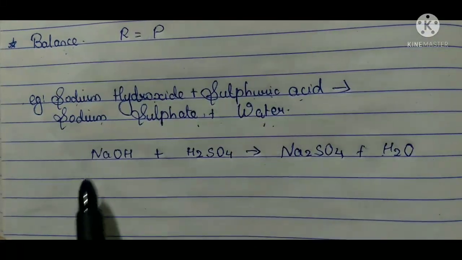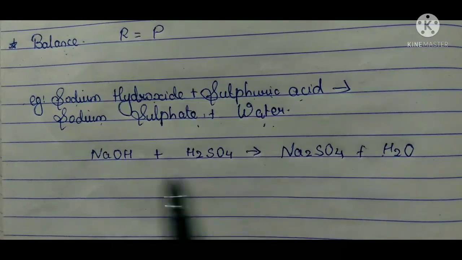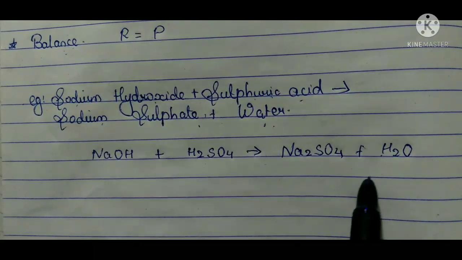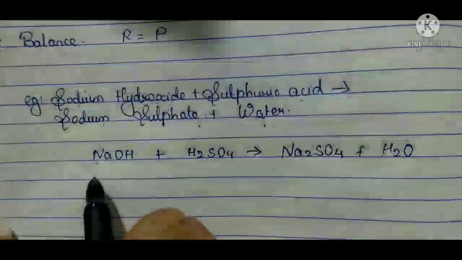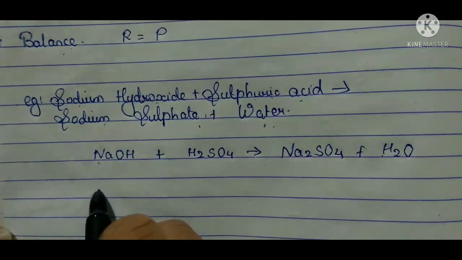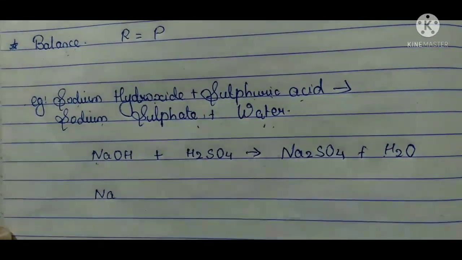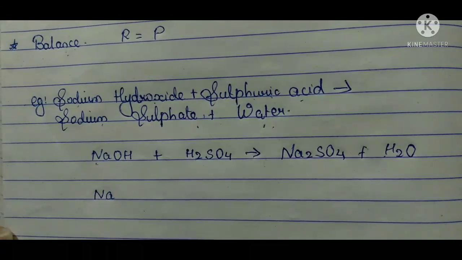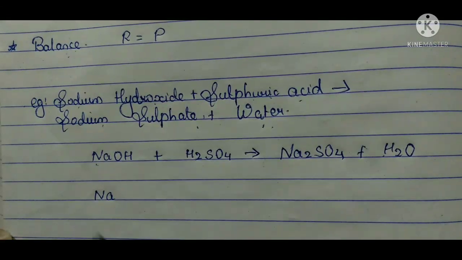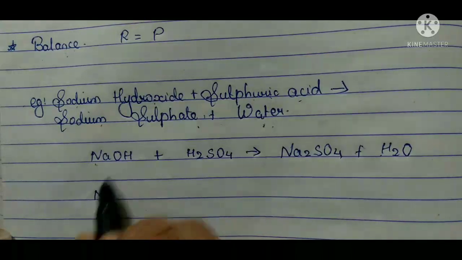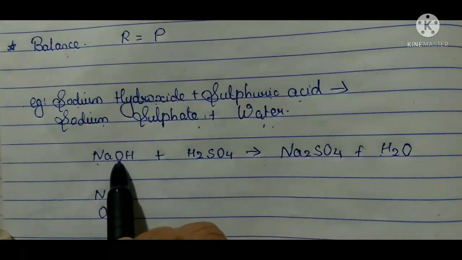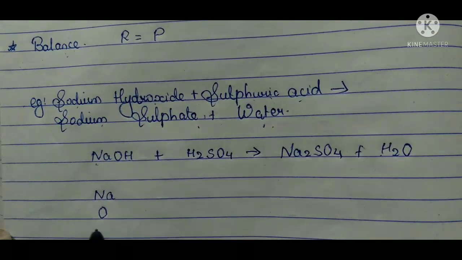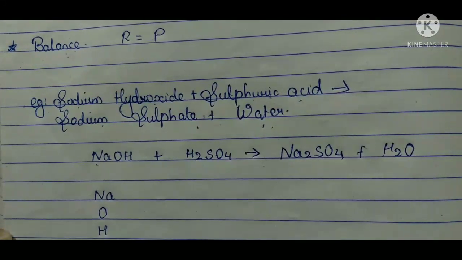First I will start with sodium. You can start with any element, but if I am going in sequence, this will be easier for me. So first I am starting with sodium. Symbol of sodium is Na, so I have written Na there. Then afterwards oxygen. Okay, after oxygen hydrogen, so I will write H.